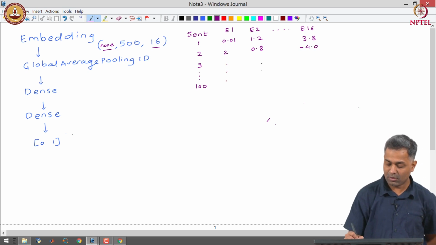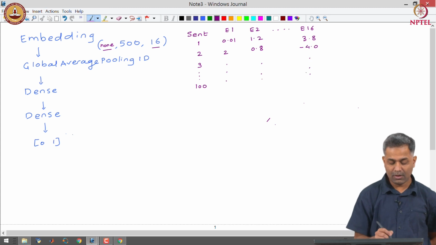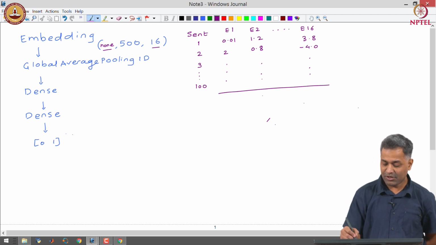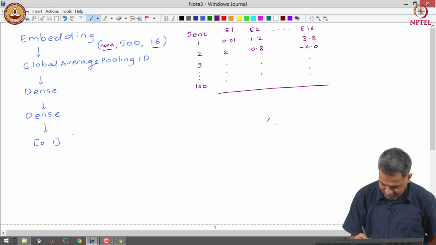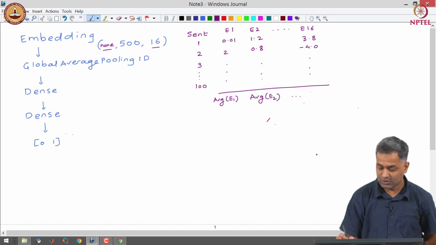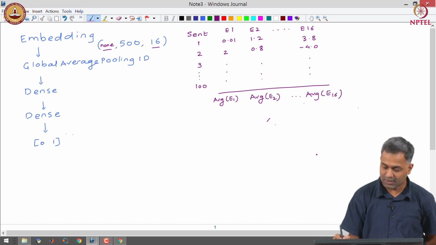For all of them, in global average 1D pooling, what we essentially do is average across each of the embedding dimensions. So, we take the average of E1, average of E2 and so on, up to the average of E16.